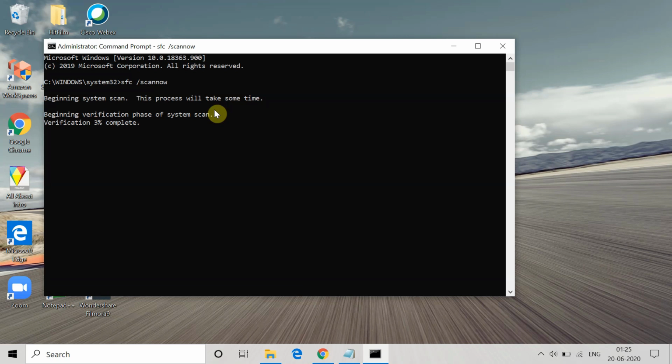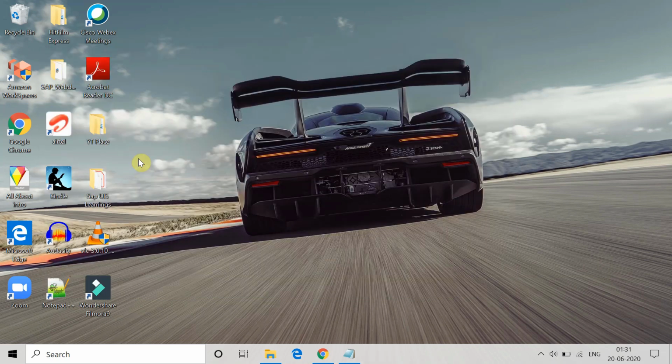So now I am moving it forward. The SFC scan will end like this, and you can see it is 100% completed and I did not get any errors. If you get any errors, try to resolve them and then check if you're still getting that Windows Update error code or not. Just type exit here to come out of the Command Prompt and then restart your system and again try to do the Windows update.